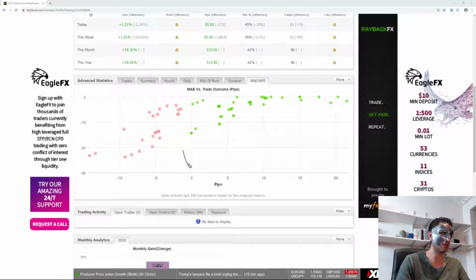That means if you're in a trade, for example, you got long here, it's how much the trade has moved against you before you closed it out. So you may close it here, you may close it here, you may even close it here. It doesn't matter. That is your MAE. The most the position went against you before you closed it out, also known in simple terms as drawdown.